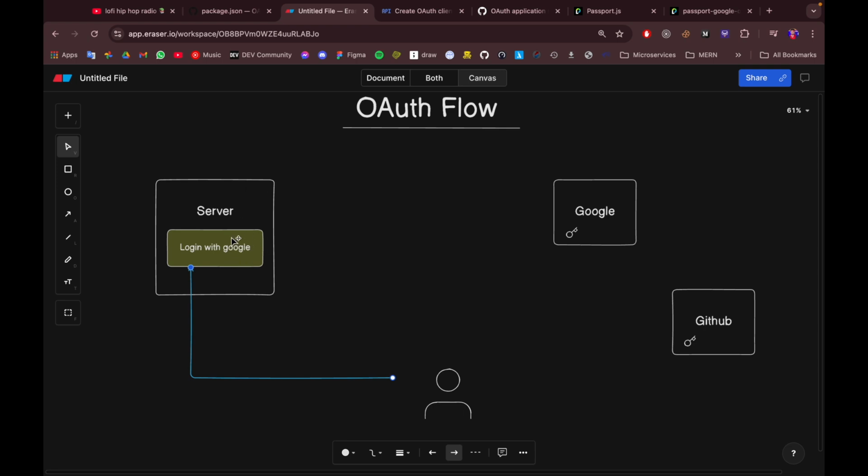And when you click on those buttons, what happens is that this website sends a request to a provider. Like when you click on login with Google, then this server sends a request to this Google provider asking, can you verify this user? And this Google provider authorizes this website by asking a question to us, asking you to verify yourself, and you might need to log in into Google, or if you are already logged in, it might just ask for your permission,